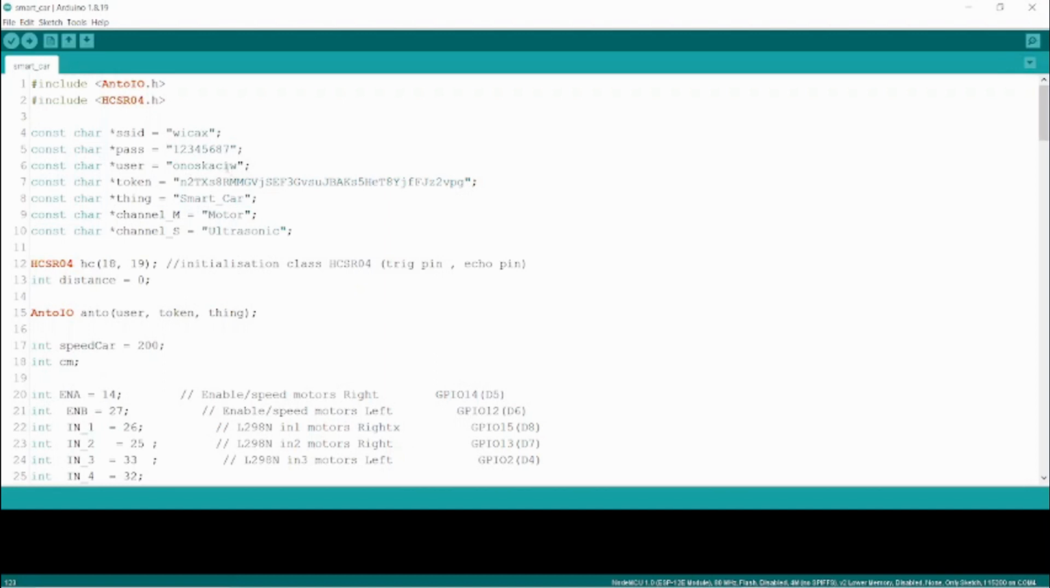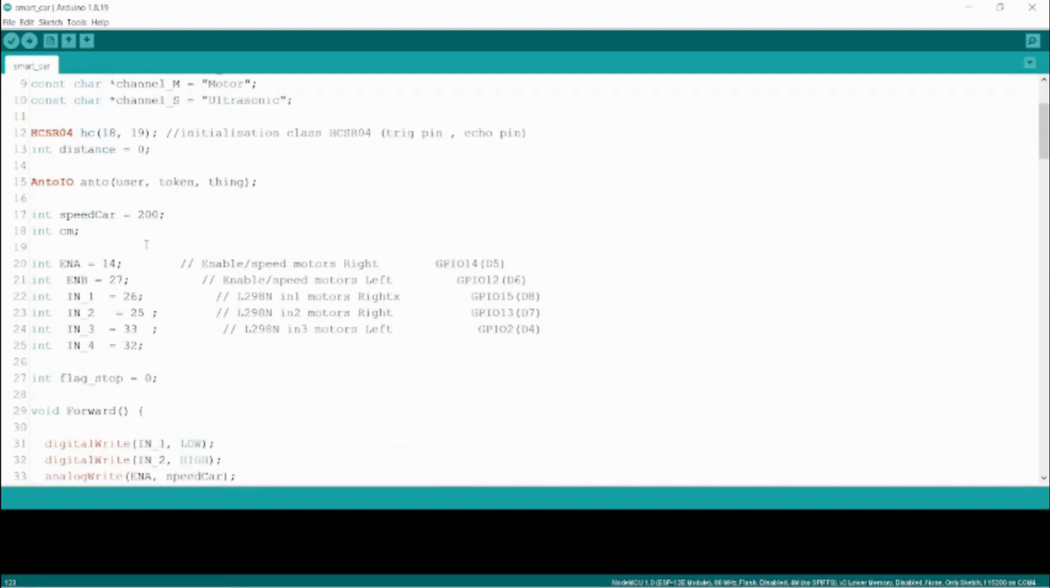to Ento.io, and then key, thing, and also the channel. And then next, in the 12th row, we set the sensor. The trigger pin and the echo pin will be connected to pin 18 and 19 respectively. And then after that,